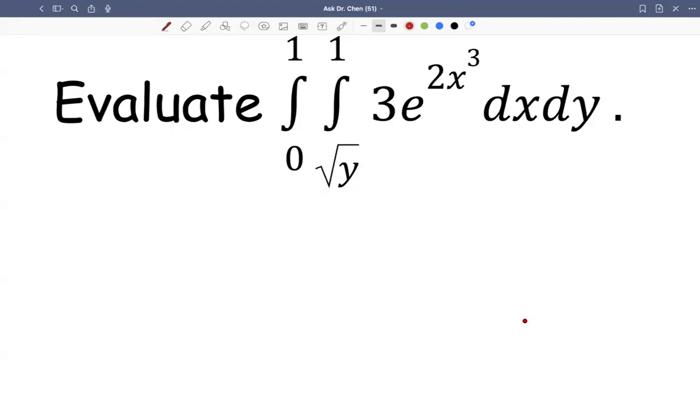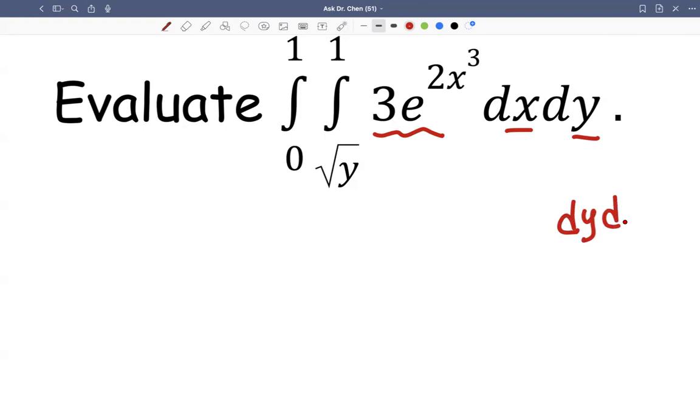Okay, let's see this question. We want to evaluate the double integration with integrand 3 times e to the 2x cubed. We have x direction inside, y direction outside. That would be very difficult to integrate the integrand. So we need to change the order of integration, which means we want to